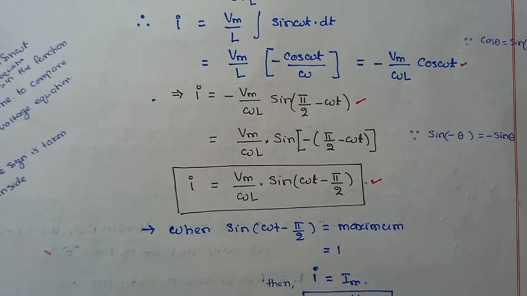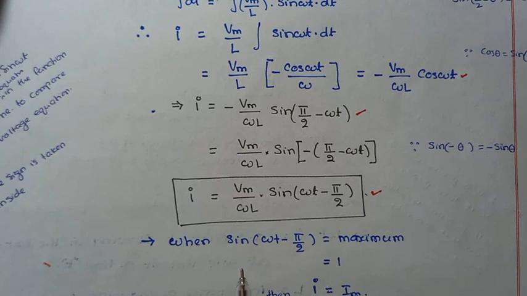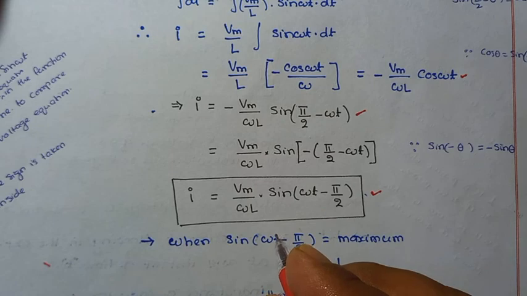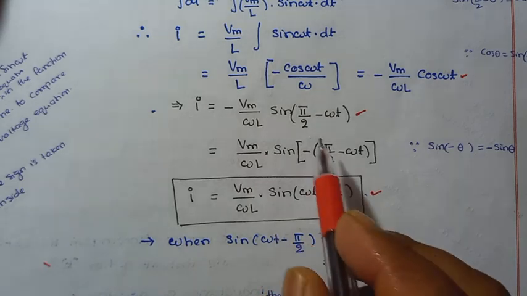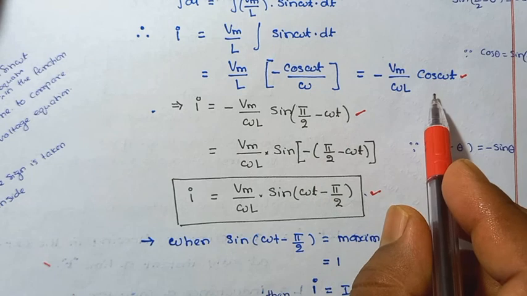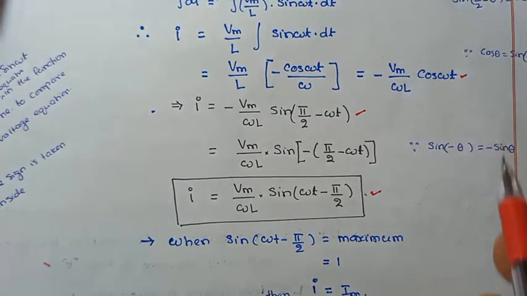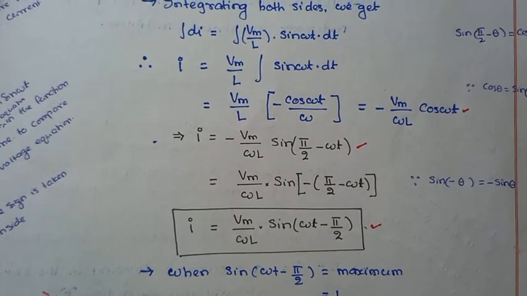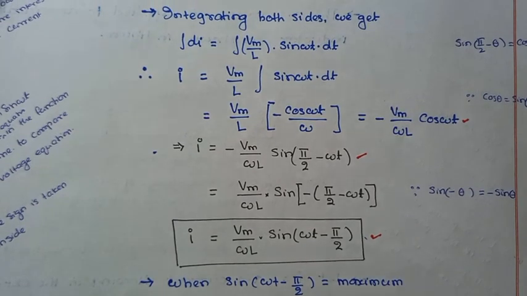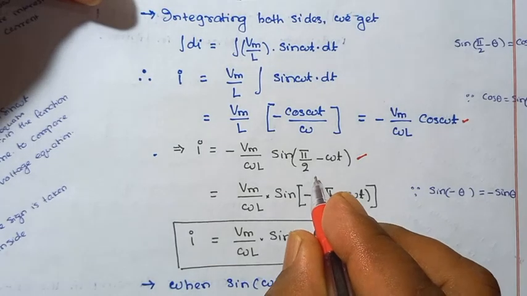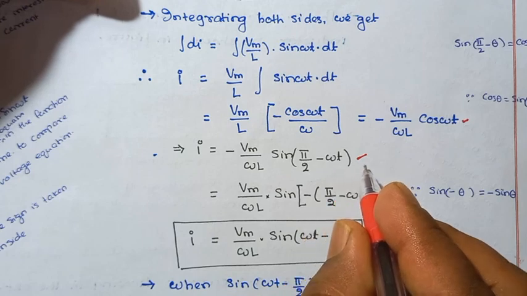So, हम लोग को मालूम है V is equal to Vm sin omega t. That means voltage in sine function. But we get current in cosine function. So we have to convert this cosine function to sine function to compare with the voltage equation. ठीक है. हम सबको पता है sin pi by 2 minus theta is equal to cos theta. So in place of cos omega t, we can write sin pi by 2 minus omega t, because sin pi by 2 minus omega t is equal to cos omega t.